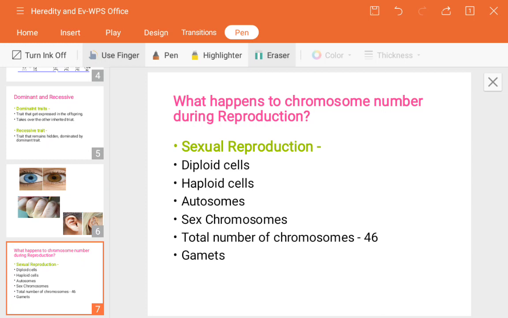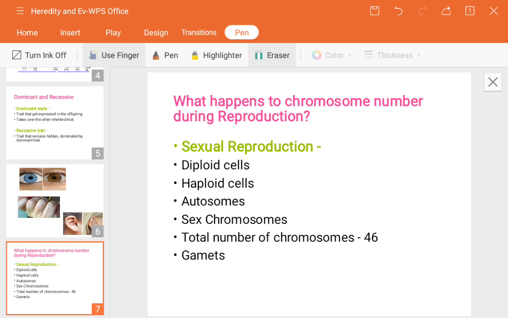Whenever the father's sperm and mother's egg meet, fertilization happens. The first stage is the zygote, next is the embryo, next will be the fetus. After 9 months the fetus converts into the baby. This is how the involvement of the parents' chromosomes happens during the reproduction process. So now 22 plus 22 is equal to 44 autosomes, 1 plus 1 sex chromosome is equal to 2 sex chromosomes. In total it becomes 46.